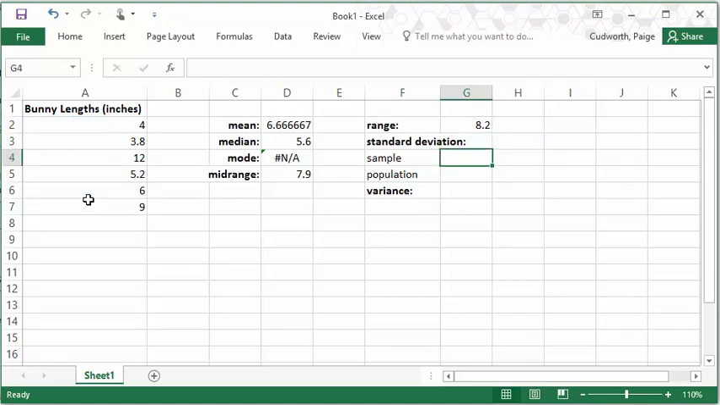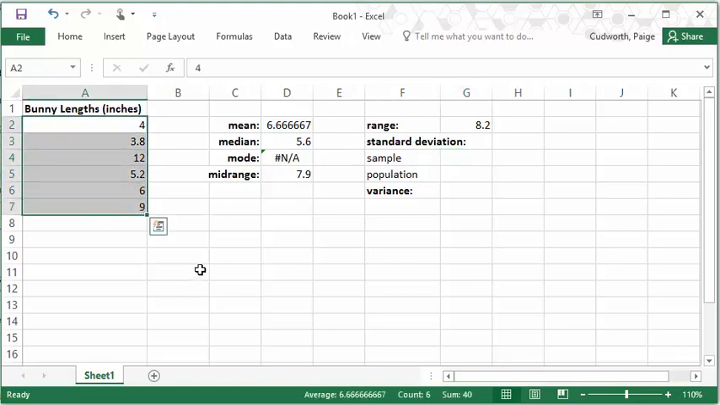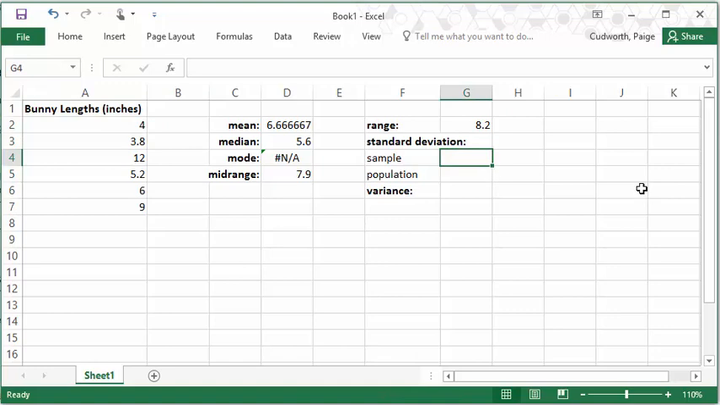Next piece, and probably the more useful measure of variation, is the standard deviation. Now, as you hopefully know already, there are two different versions of the standard deviation. One, if you're dealing with a sample, which most likely this would be a sample if we're talking about bunnies. There's certainly more than 6 bunnies total. So if this is a sample, I'm going to use the sample version of standard deviation, and the function for that in Excel is